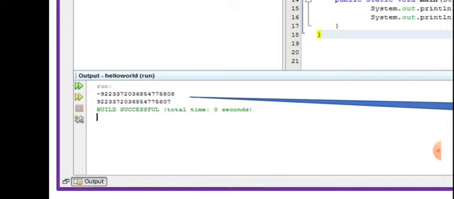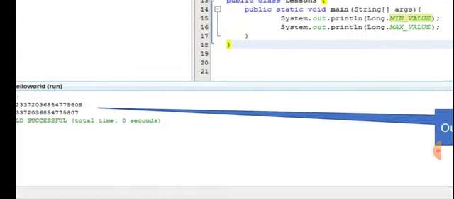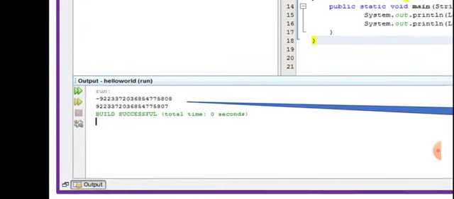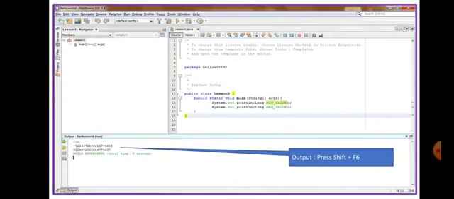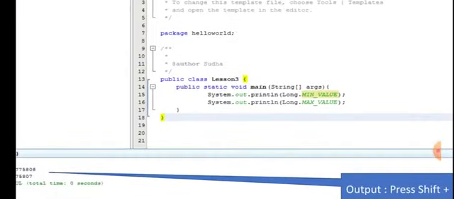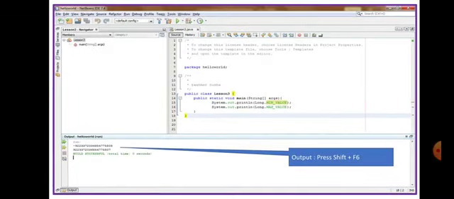you have to remember the formula of -2^(n-1) comma 2^(n-1) - 1, where n is the number of bits. Now the first line is the minimum one and the next one is the maximum one. Minimum one you can easily understand, it has the minus symbol before, so it is the lower range, and the positive sign below is the upper range. Hope this is understood. Previously we have seen it for short, now we have seen it for long. We will see it for others as well.